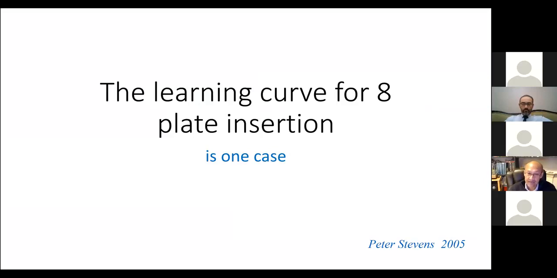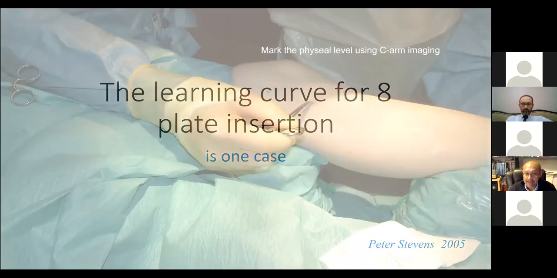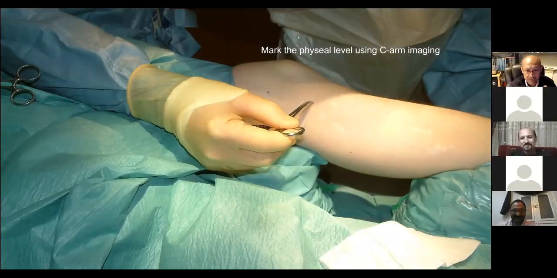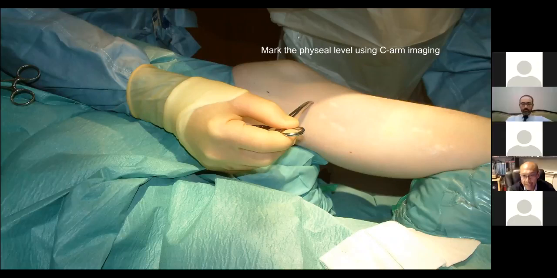And it is a very straightforward procedure. There are some important tips that I'd like to share with you. It's essential that the entire procedure is performed with C-arm guidance. And normally, and I'll show you some pictures of how I do it, I would try and locate the physeal